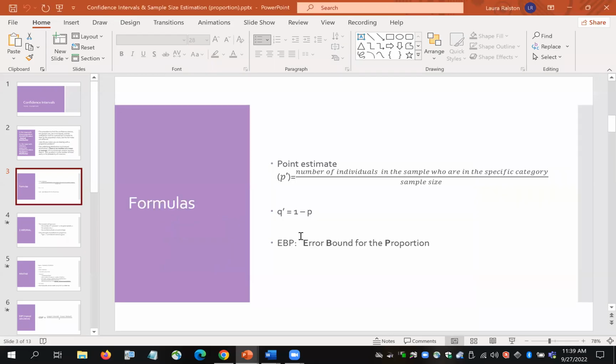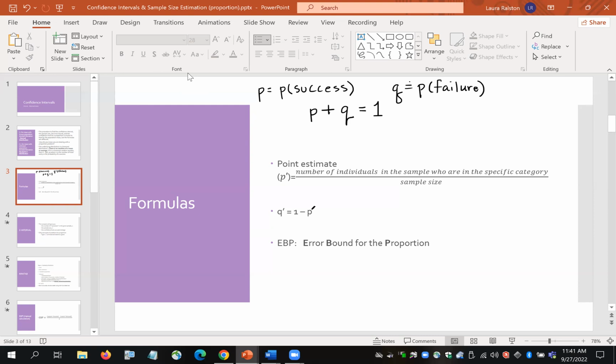You may not remember, so let me give you a couple of notes here. If you go back to the binomial distribution, remember we used the letter P as the probability of success. The letter Q represented the probability of failure. And a success means you get what you want. Failure means you don't. And so the little prime just indicates that it's an estimate based on the data that we've been given. But also remember that we know that the probability of success plus the probability of failure have to total to 1. And so P prime is like our probability of success for the sample that we are considering. You have Q prime,